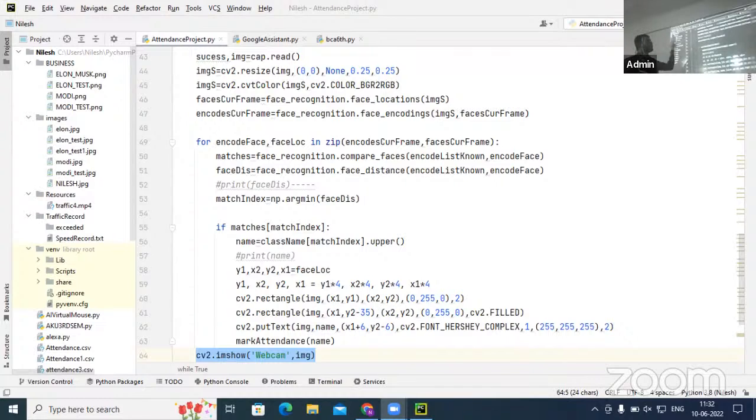How many times will the loop iterate? Anyone? It depends on how many values there are. If two values are there, two times. If three values are there, three times. Depending on this value. So now see what we are going to do. We are going to compare the faces now. Whatever face the system has recorded from the camera is going to be compared with the